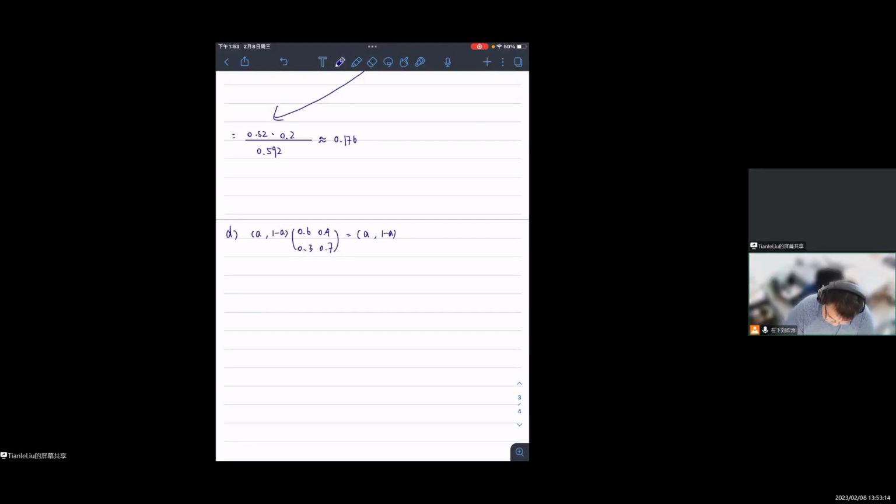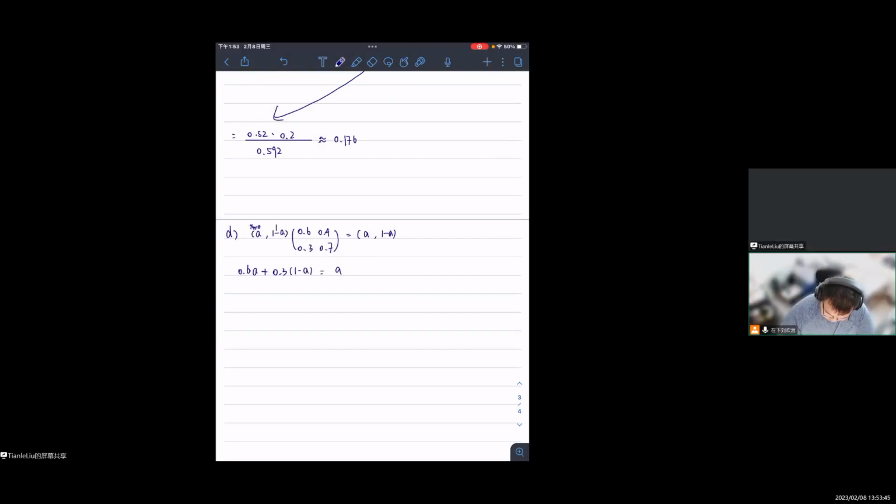Right? So we just need to find the a here, because we need to find the xn equals to 0, xn equals to 1. We need to list the formula for the a. A is which is 0.6 times a plus 0.3 multiplied by 1 minus a equals to a,